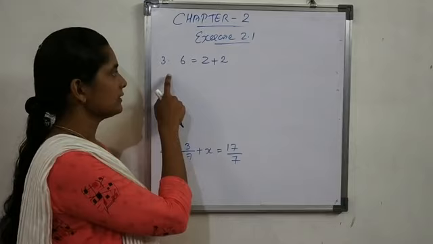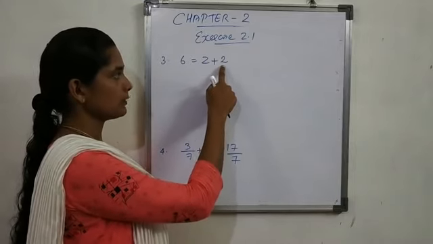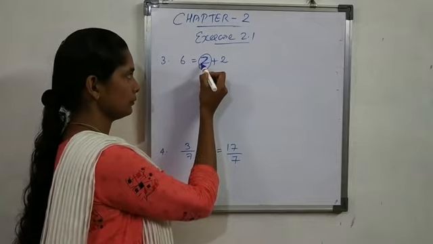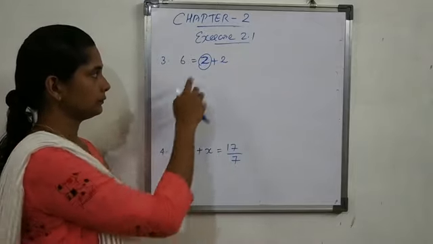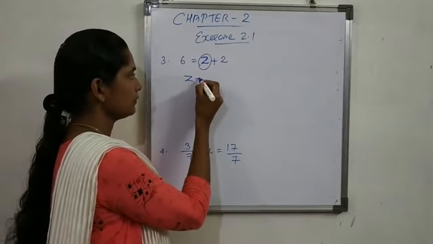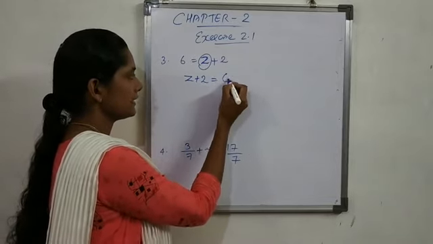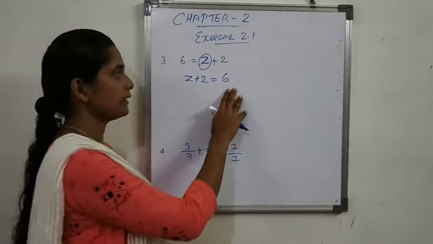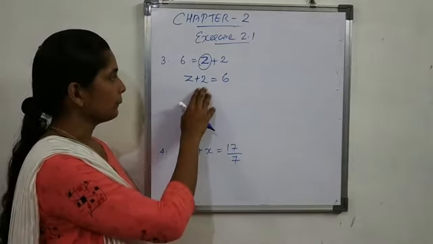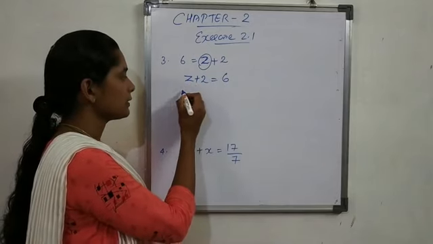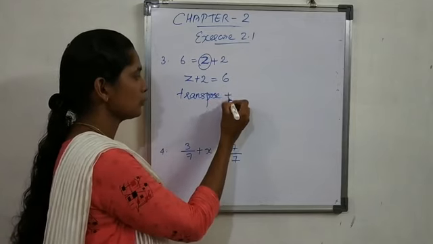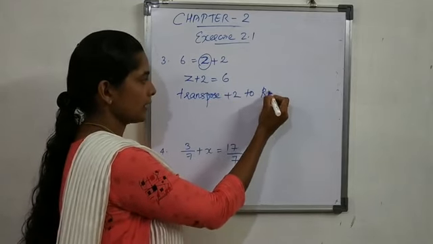And 6 is equal to z plus 2. Z is the variable, z plus 2. First we can arrange this one, we write this on the left side. There is no problem, it is easy for transposing. On the right side we can write the constant and on the left side just arrange this equation. Then z is the variable. First you have to transpose this plus 2 to the right side.